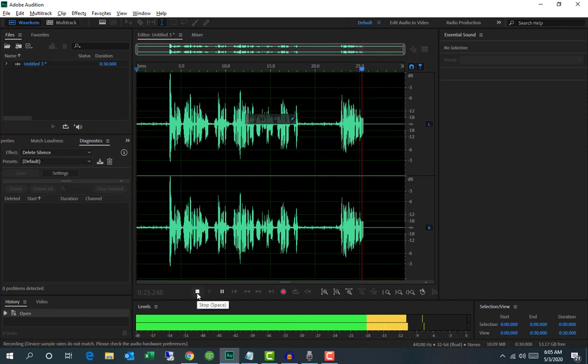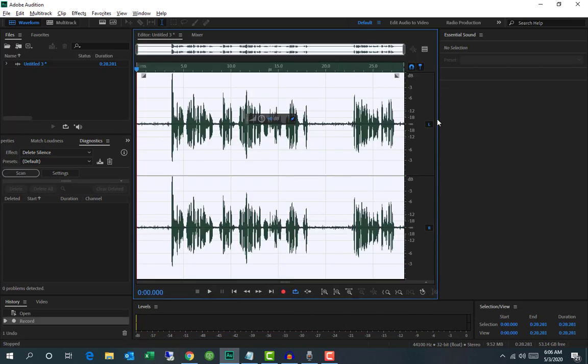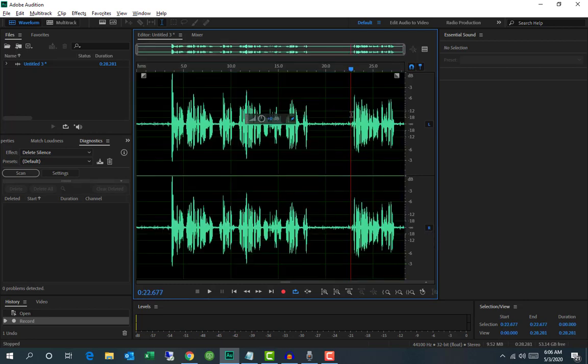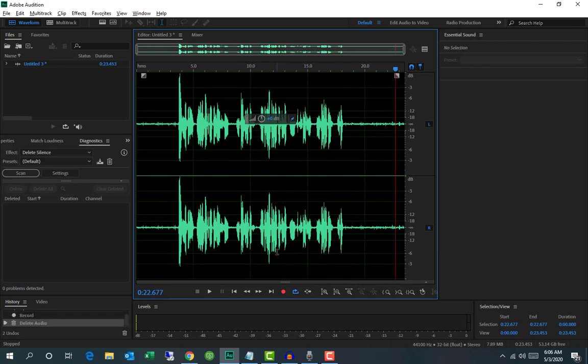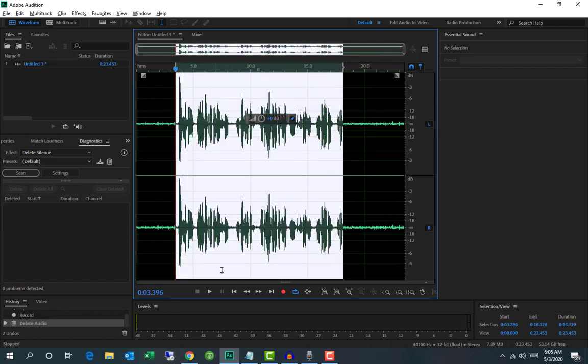After you have recorded your voice, press on this top button. Now we have our voice ready. Here you can see two waves. This one is left ear and this one is right. If we need to delete any portion, we can simply select that area and press delete from our keyboard, and that voice will be deleted. If you need to play your audio, then select the area and press play button or spacebar on your keyboard.